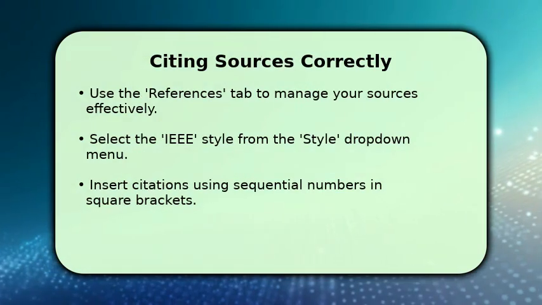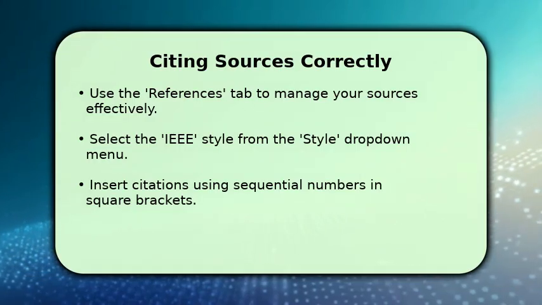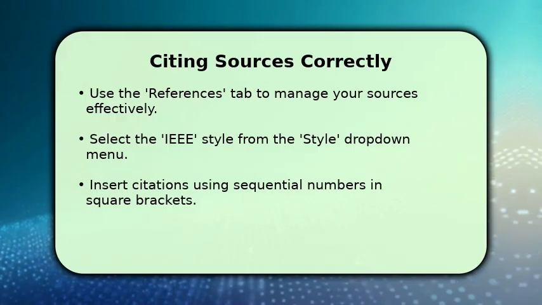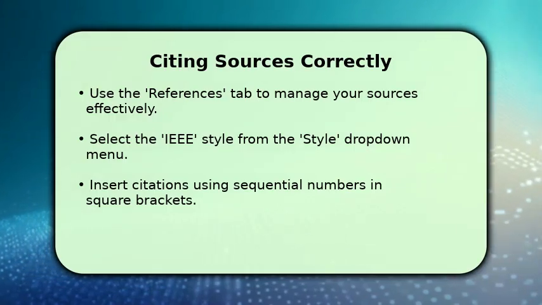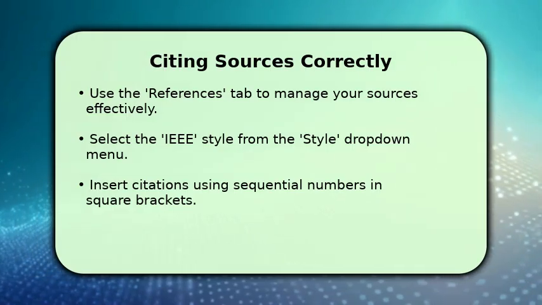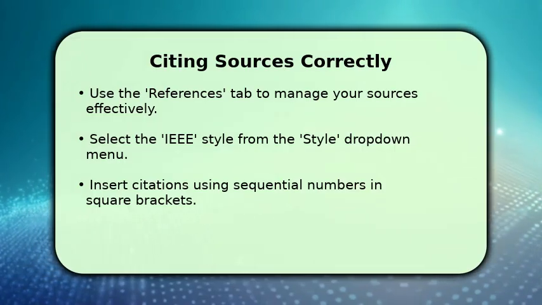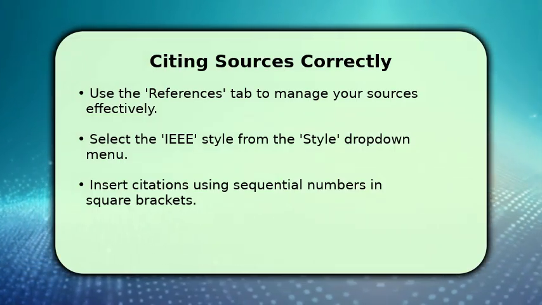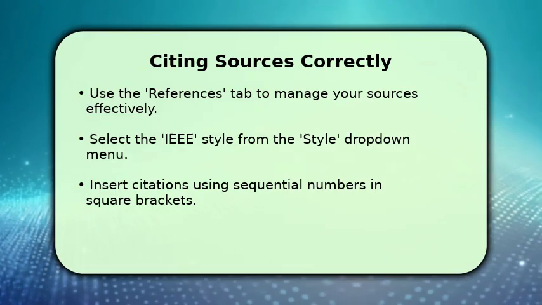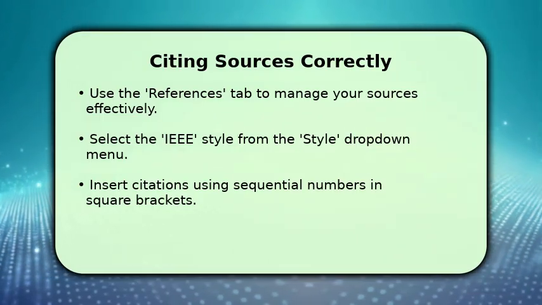Now let's tackle citations and references. Go to the References tab in Word. From the Style drop-down menu, select IEEE to ensure proper formatting. When you cite a source, use the Insert Citation feature, which will automatically assign a sequential number in square brackets, like [1]. At the end of your paper, use the Bibliography tool to automatically generate your reference list, ensuring all